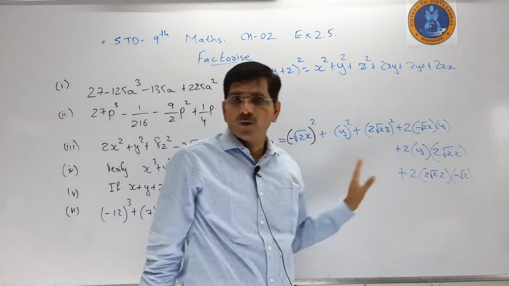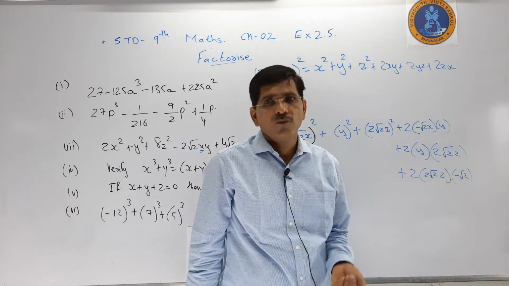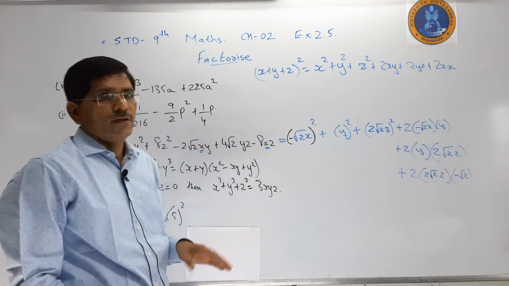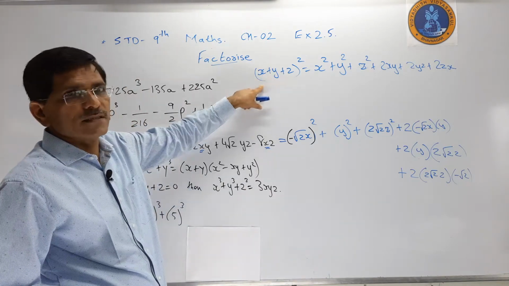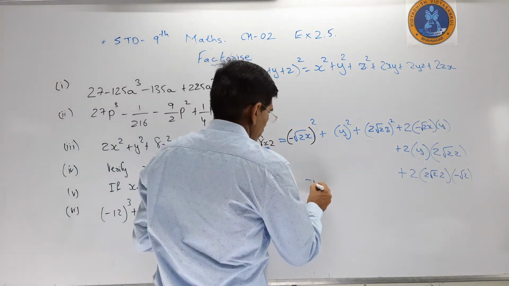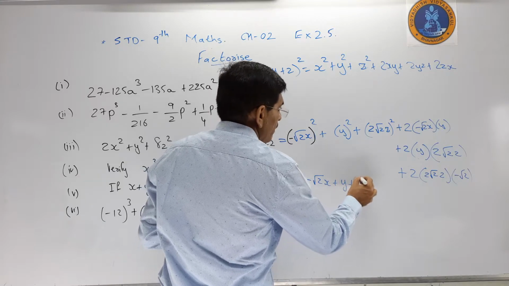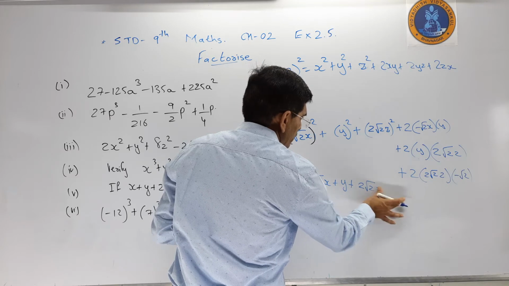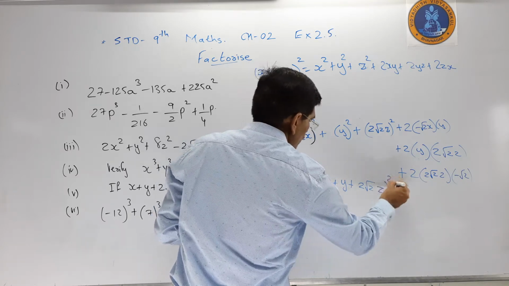If I multiply all the terms, 2 to the 4, root 2 into root 2, 2, 4 to the 8, so minus 8z. So now what is my answer? So already that is my answer, that is x plus y plus z. So minus root 2x plus y plus 2 root 2 z is my answer.